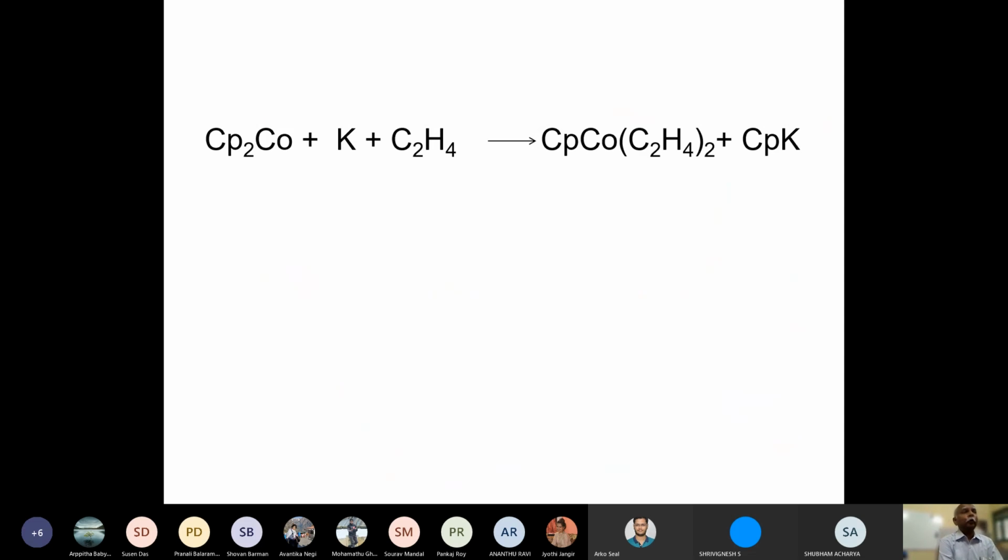So let me show you another situation where I have a bis-cyclopentadienyl cobalt complex. Now tell me, here again I have a question for you. Bis-cyclopentadienyl cobalt. What I want you to do is to put up your hand if you have an answer, so that if multiple people want to answer, I will call out the name. Okay. What is the oxidation state, Shubham?